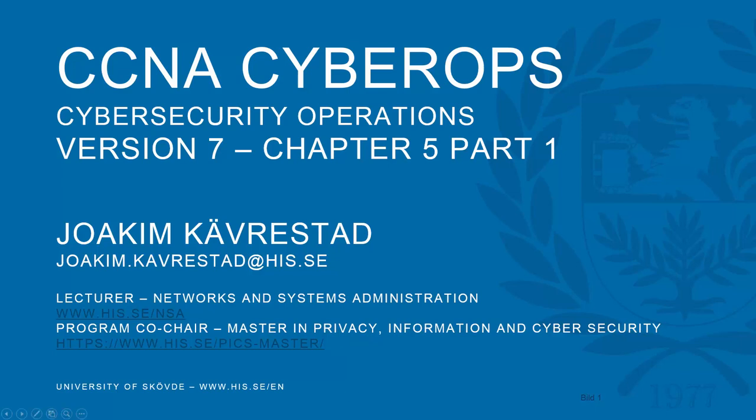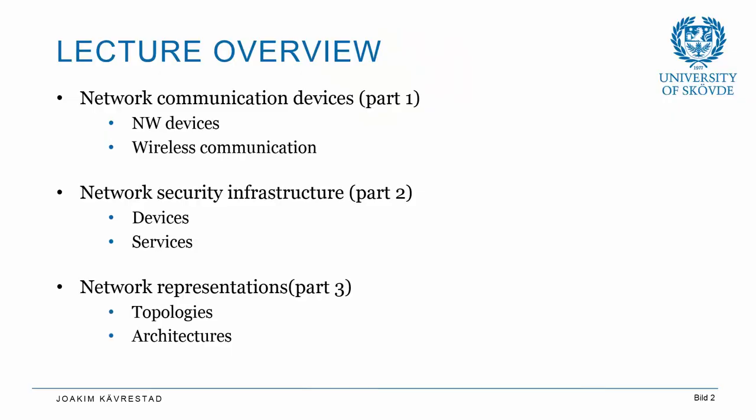We left off having talked about different network techniques, network protocols, and the addressing that takes place for data to be sent over a network. In this chapter number 5, we will talk more about network infrastructure, the actual devices that make this communication happen. And this lecture is divided into 3 parts, where we will begin with the network communication devices,